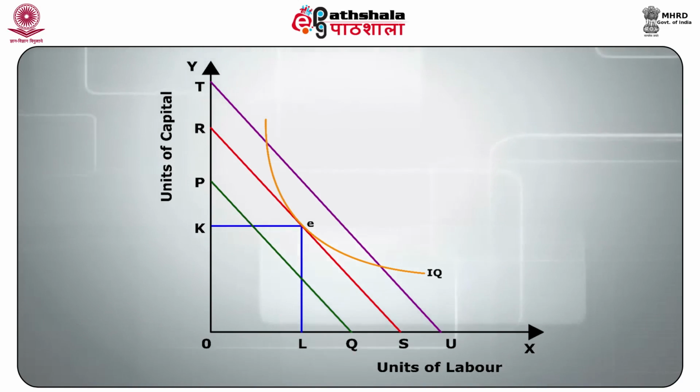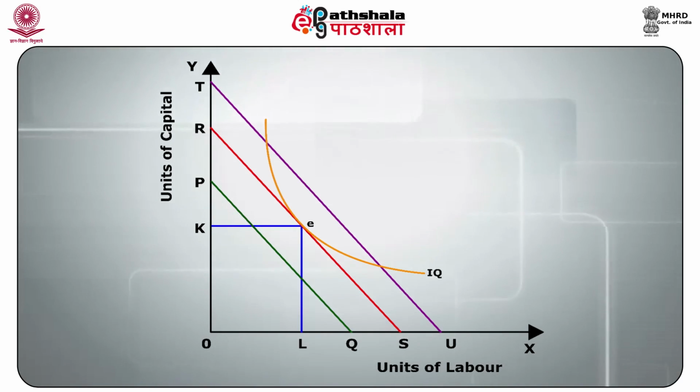Thus, the conditions of producer's equilibrium are, first, slope of isoquant is equal to slope of isocost line. MRTS LK is equal to PL upon PK. MPL upon MPK is equal to PL upon PK. MPL upon PL is equal to MPK upon PK. Second, isoquants must be